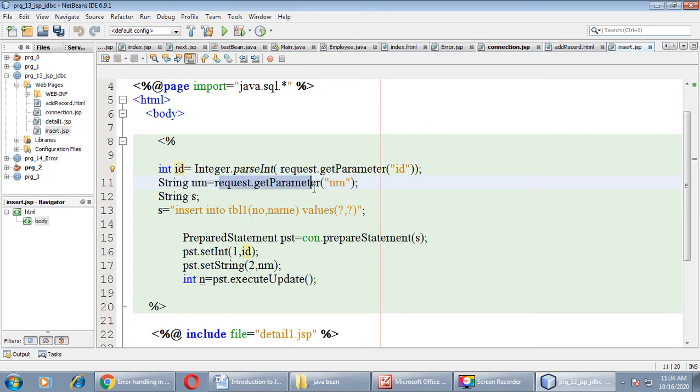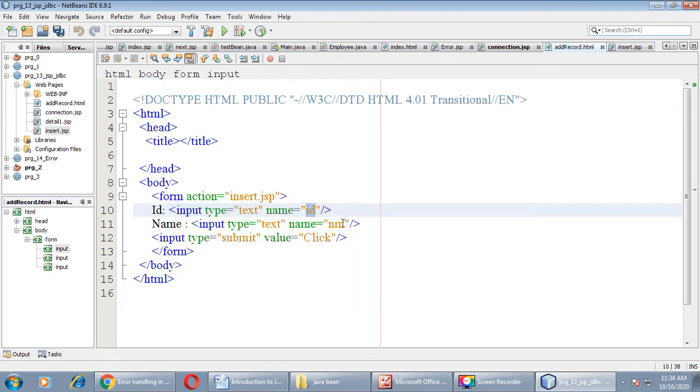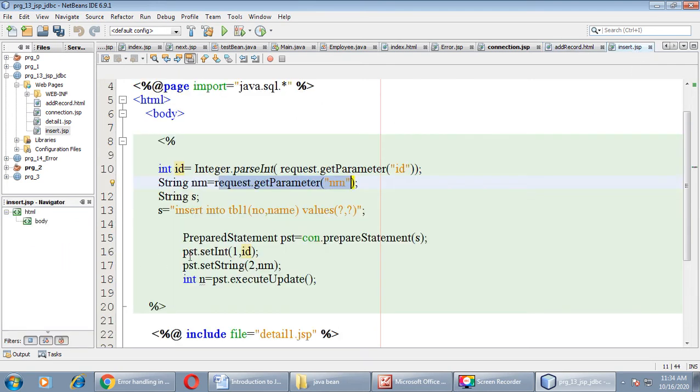Then next is request.getParameter for name, whatever value entered in this text box, that we want over here in our insert page. Again, that we can do with the help of the request.getParameter method. Now string s is defined for storing a query. Now we want to insert these two values in TBL1, which is defined in our Access database.